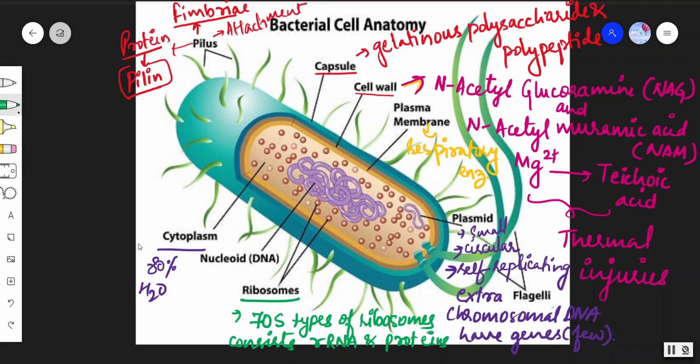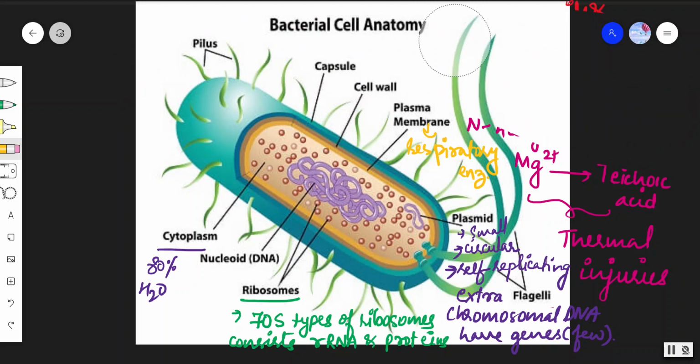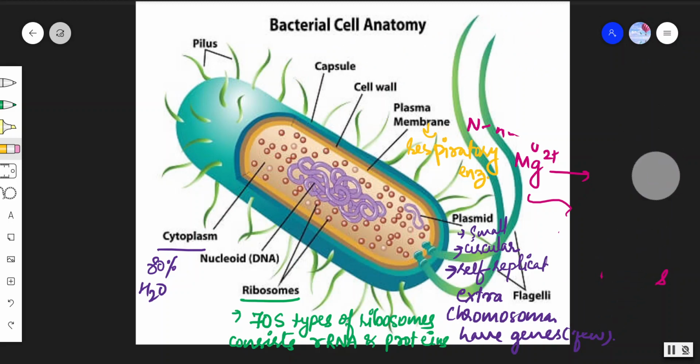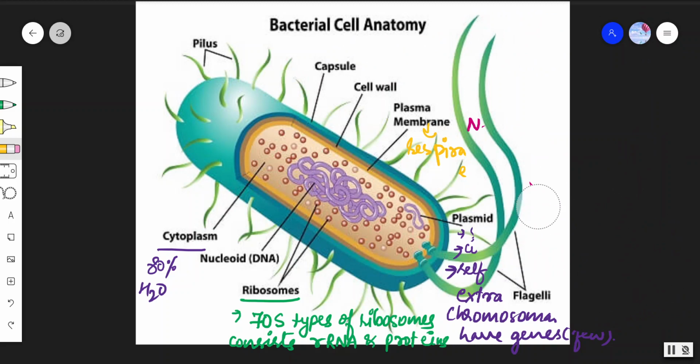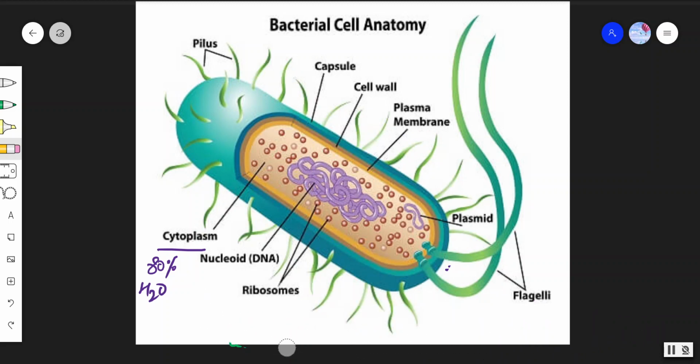Let me clear this first. Otherwise, we are going to make a hodgepodge condition, which is not good for us, because this will lead to confusions about what I am writing, whether I am going to clear all the colors or not. Though it looks amazing with different colors, still, to make everything clear, I need to rub this out.